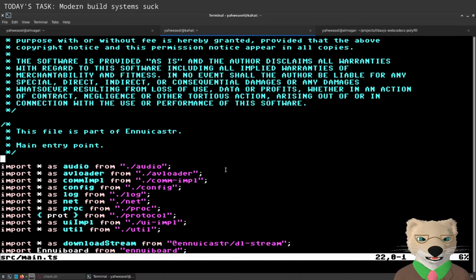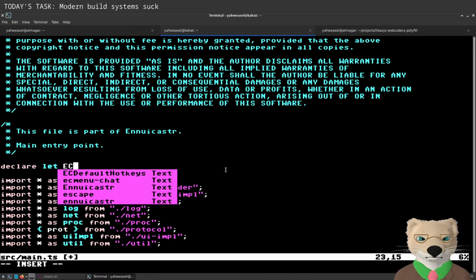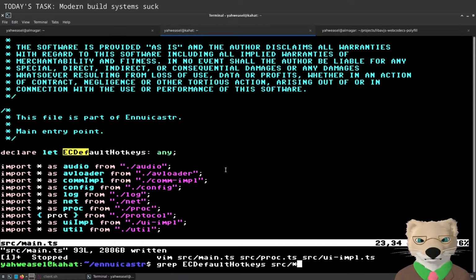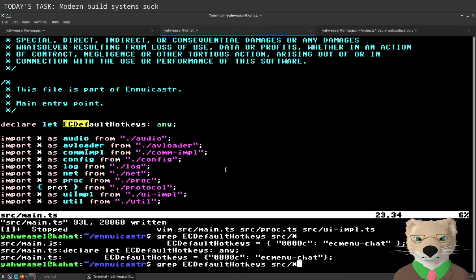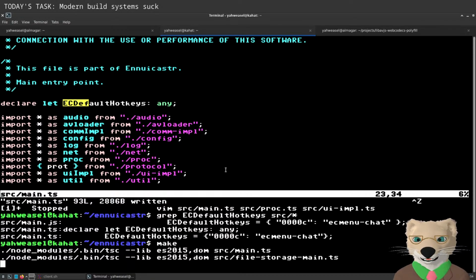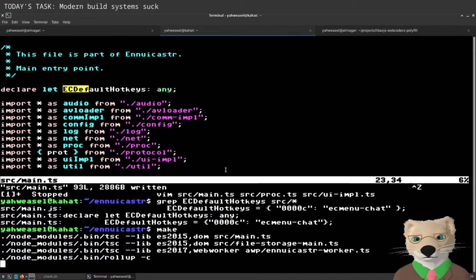I think I accidentally removed a declare let that I just shouldn't have. I assumed that the hotkeys and the Ennui board were related, and they are, in that the Ennui board is how it gets certain kinds of hotkeys, but they're two different subsystems.